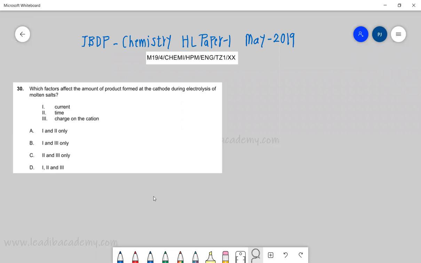Let's look into question number 30. Again from the redox. Which factors affect the amount of product formed at the cathode during electrolysis of molten salts? The factors given: current, time, and charge on the cation. Let's recap Faraday's law of electrolysis. What it says is that the amount of material which is getting formed or deposited is directly proportional. So to be very precise, product formed,